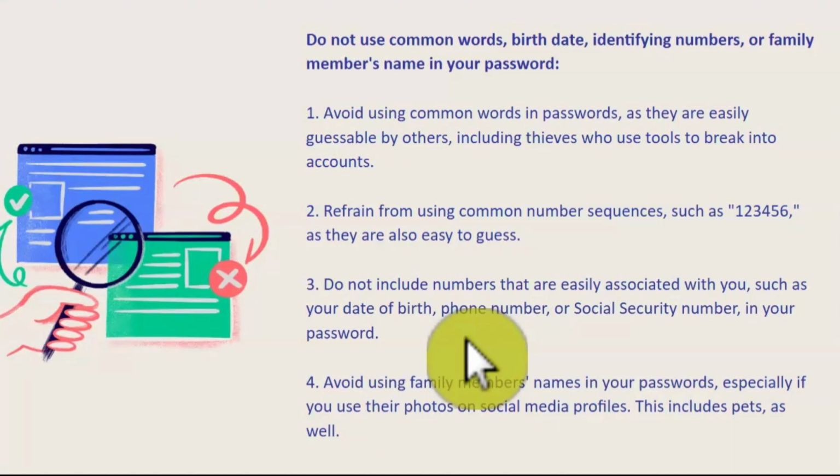Avoid using easily identifiable numbers associated with you. This includes your date of birth, phone number, and social security number. Such information can be easily linked to your identity, making it easier for someone to gain unauthorized access to your accounts. To protect your personal information and enhance your online security, ensure that your password does not contain any identifying